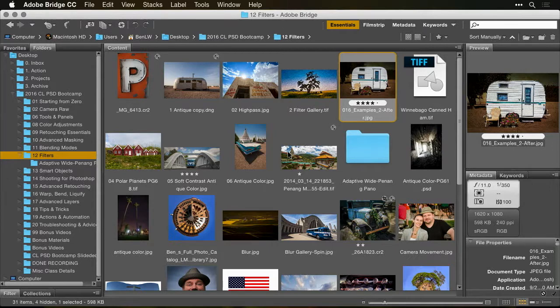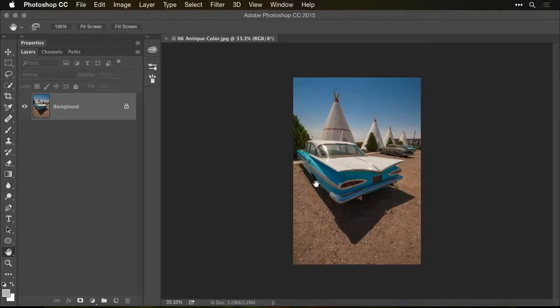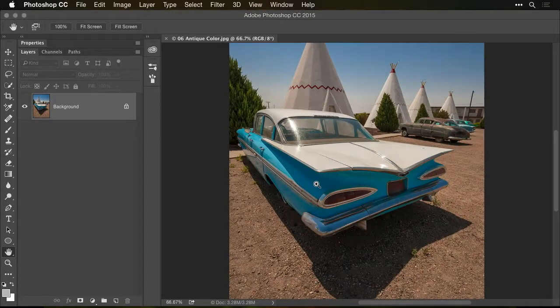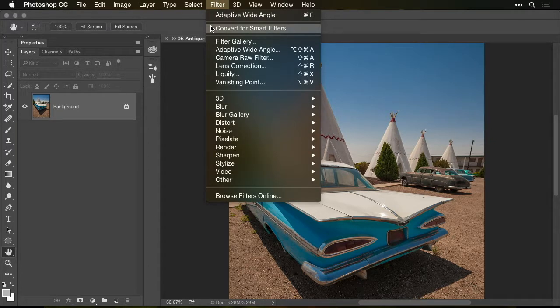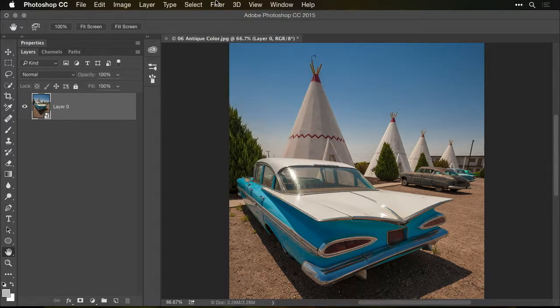So let's see if we can figure out how that can be accomplished. And so I'll open an image. And usually I would turn it into a smart object first, so that the change that I make with the filter is not permanent. Instead, it's like an accessory attached to the layer. It's something I could throw away or double click on to go back in and change the settings on. Then I'm going to choose Filter,